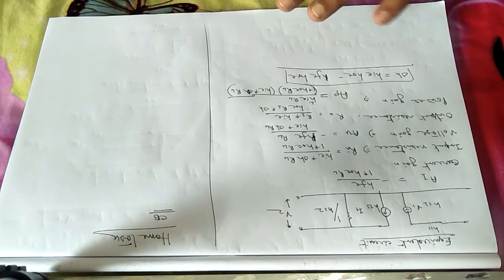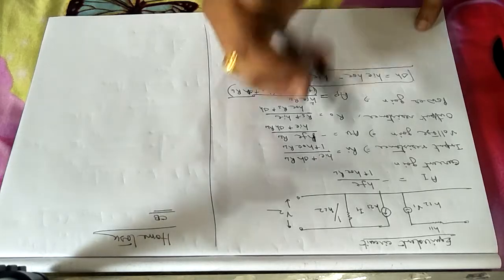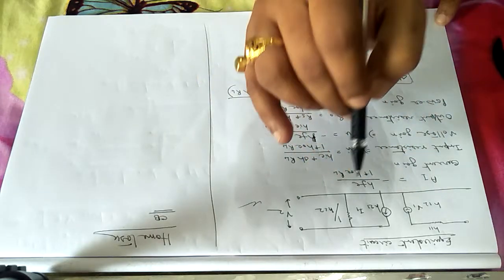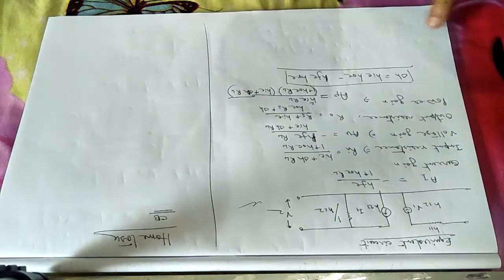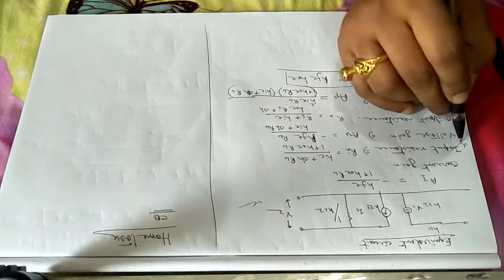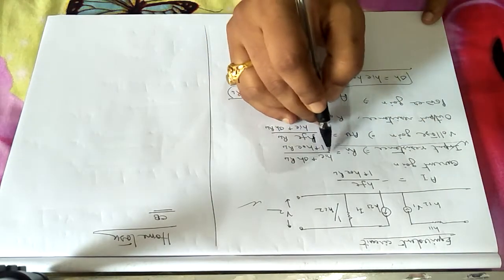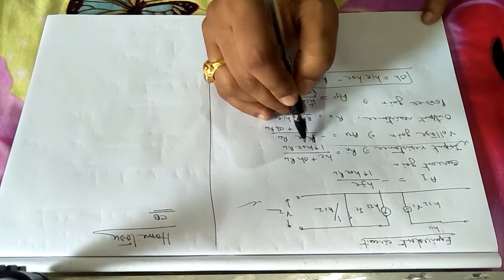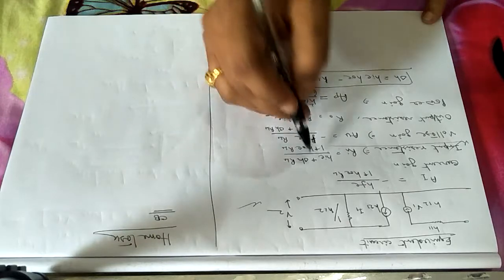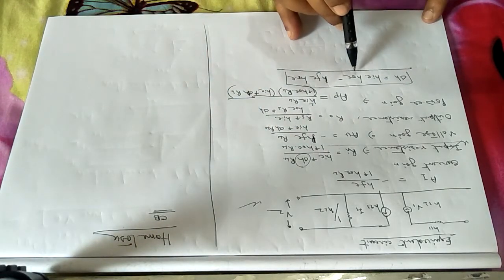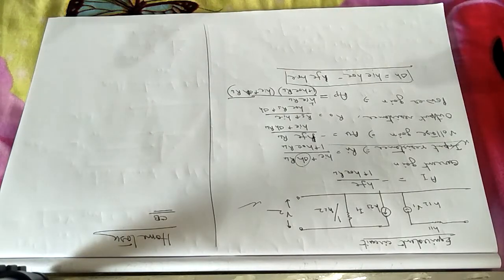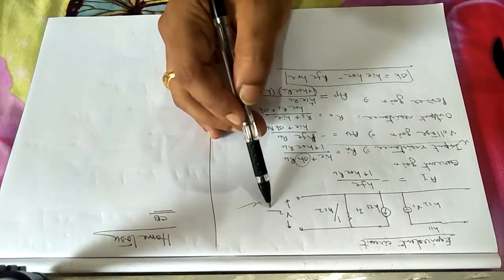After going through this, if you are comfortable with the hybrid parameters and their calculation, try to understand from any book where the equivalent circuit diagram with hybrid parameters is drawn, and with the help of the hybrid parameters they have calculated the input resistance, where the value will be like this: Ri equals HIE plus delta H RL over 1 plus HOE into RL. What is this delta H? Delta H will be HIE into HOE minus HFE into HRE. The calculation is very much algebraic. You only have to understand the equivalent circuit diagram.